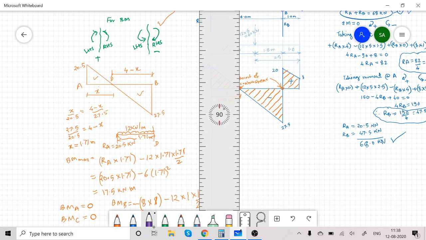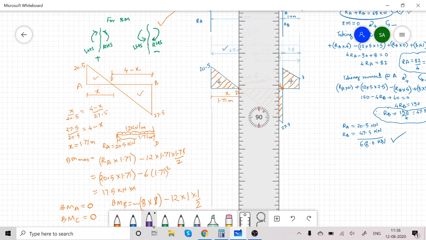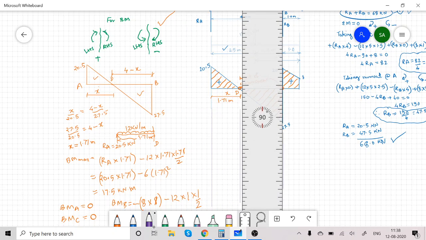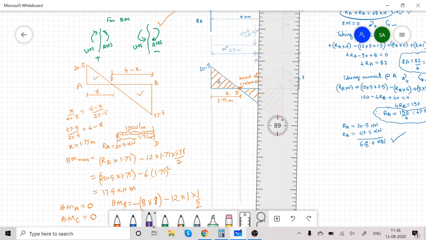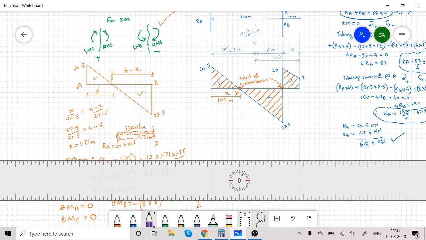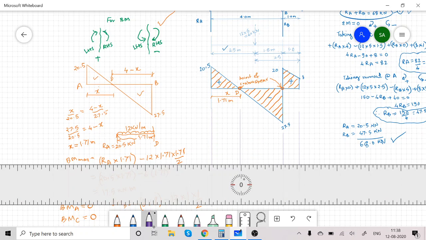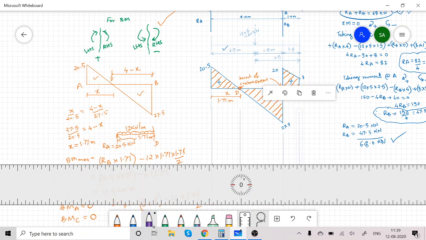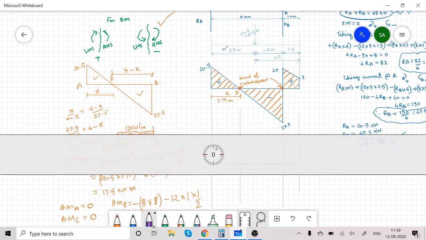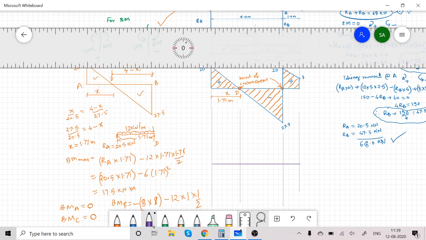This is the projection of D point. This is the projection of B point and projection of C point. Then I am going to draw the baseline. This is the baseline. Remember, bending moment at A is 0, at C it is 0, at B it is